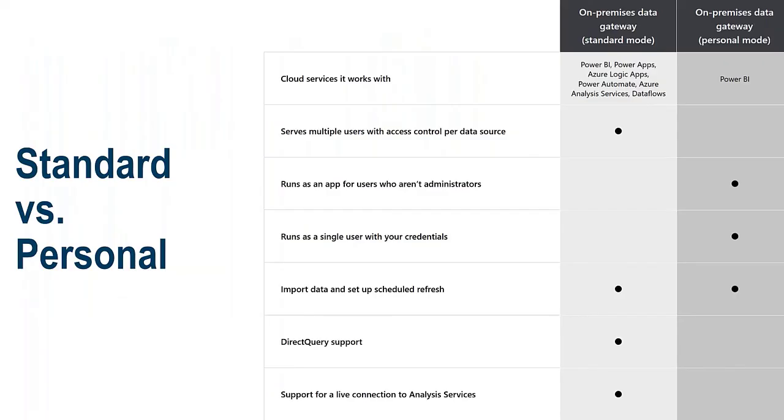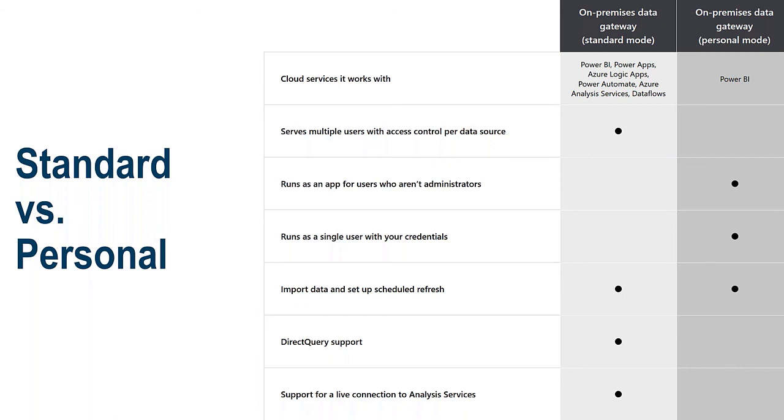Let's do a quick comparison side by side of these things. So if you're using the standard mode, which is what you should be using if this is for your company. If you're just testing out and want to kind of kick the tires on something that you're working on locally and it's not for anybody else's eyes, you can use that personal mode. And you can see that it's run as an app for users who aren't administrators.